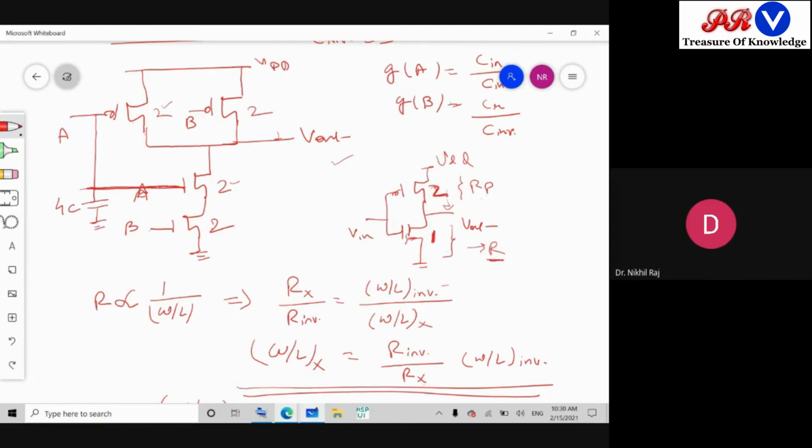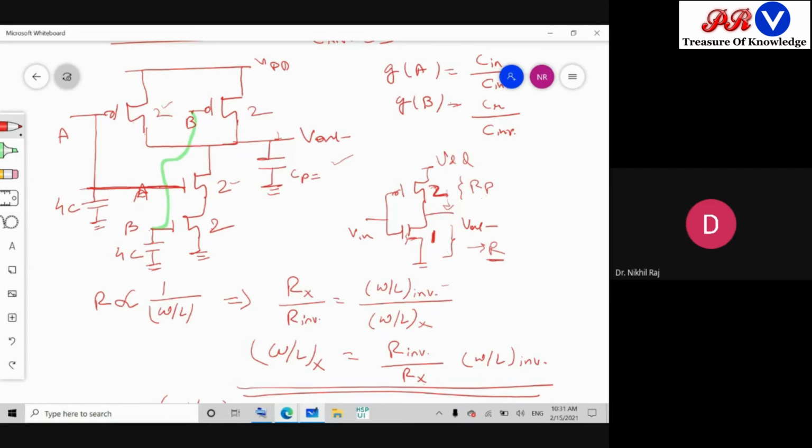What about the B case? B case also can be shorted together, and from here how much capacitance will we get? 4C, 2 plus 2. Now can any one of you tell me what should be the CP value here? How much should it be? Parallel capacitances add up. Now we know the dimensions. Can you identify what should be the value of CP?